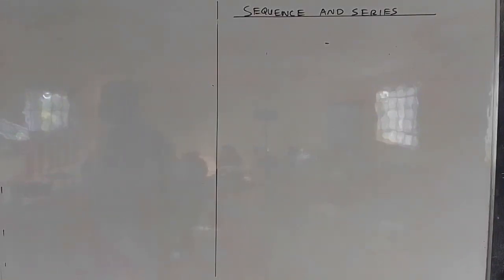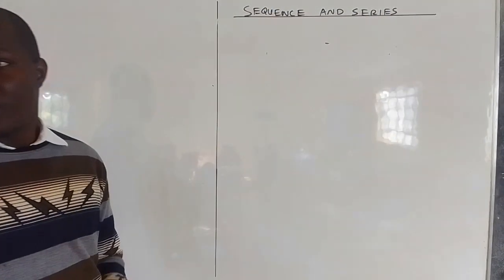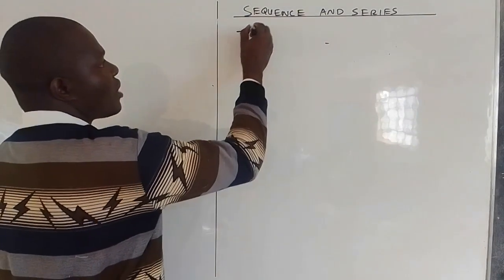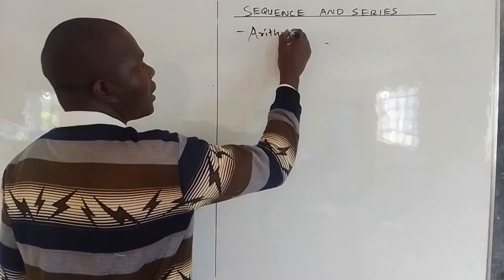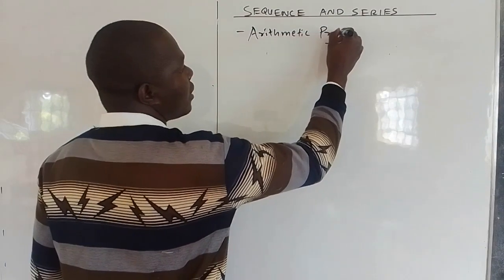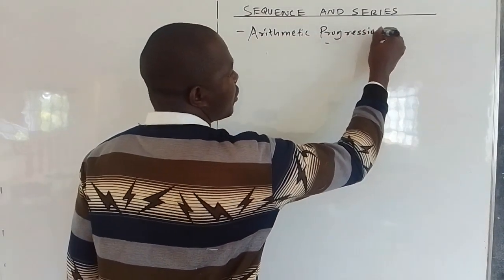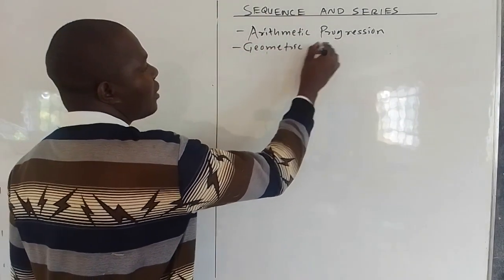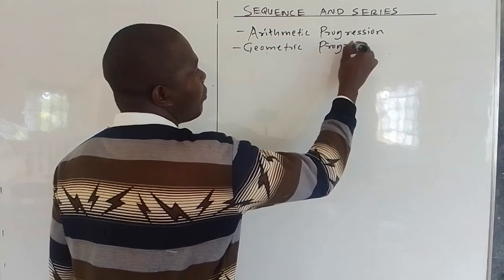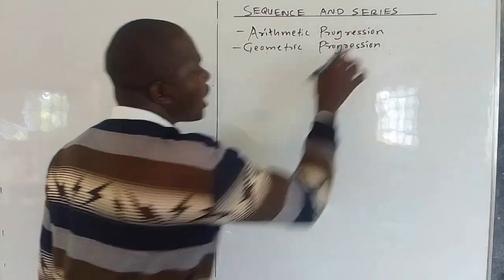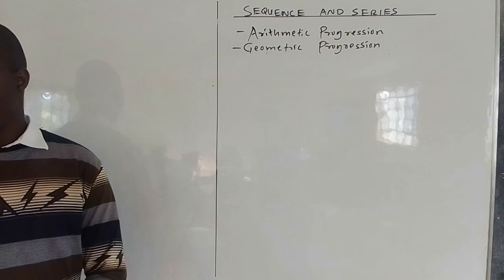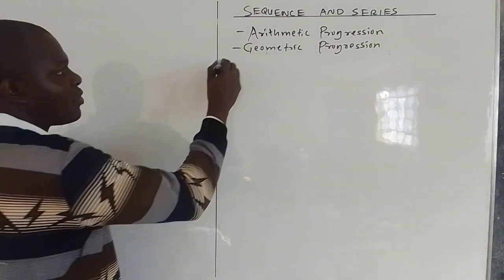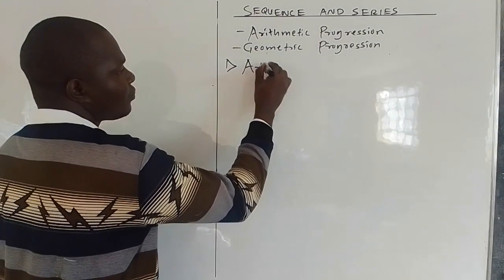In sequence and series, we are basically going to deal with two types of series. The first one is the arithmetic progression, and the second one is the geometric progression. These are the two types of series we are going to deal with. Are you together? So let us start with the first one, the arithmetic